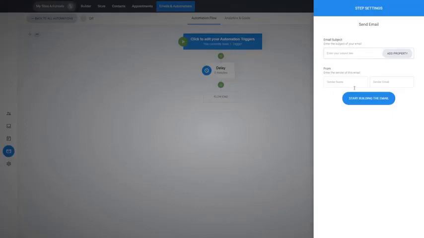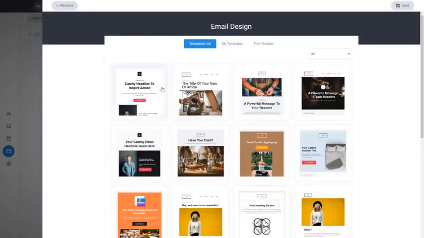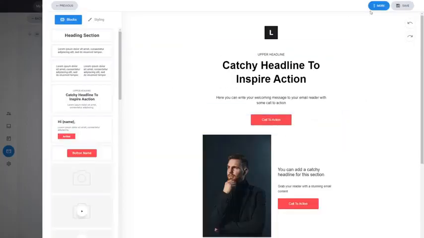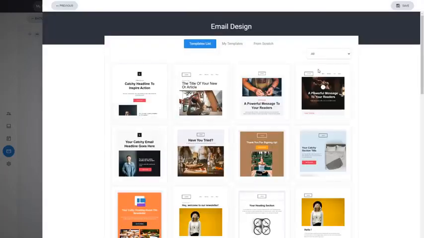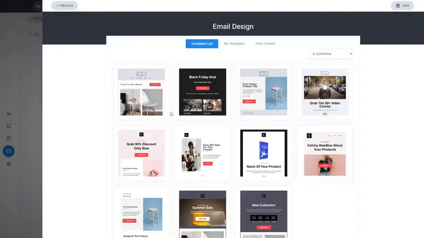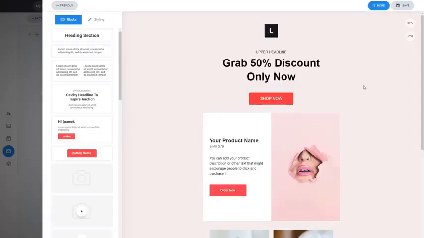Here you can add your subject and start building your emails with your email builder. Here is one such design. Maybe if it's a product, you can select a product type, we have e-commerce type of designs here. So you can show them a video with a specific product in mind. Let's say this one, and people can actually purchase the product. Again, you can send them to the page where they can purchase it, but you can also email them, and not just once,